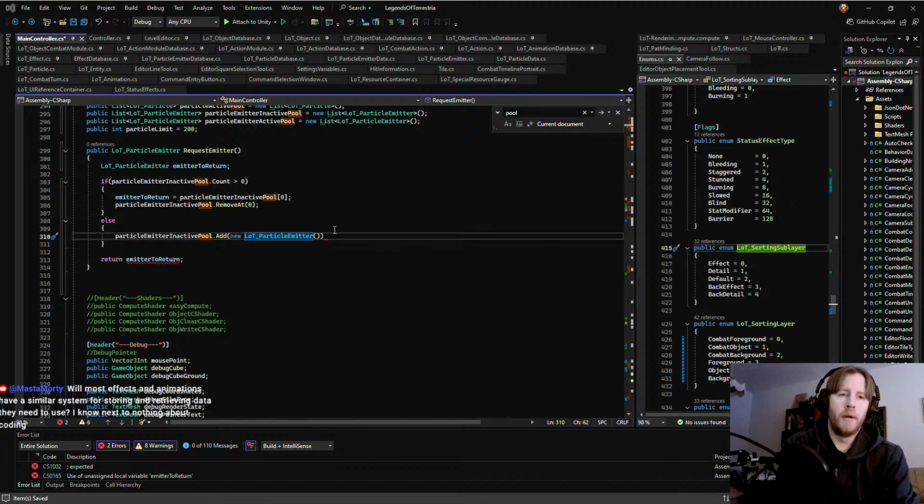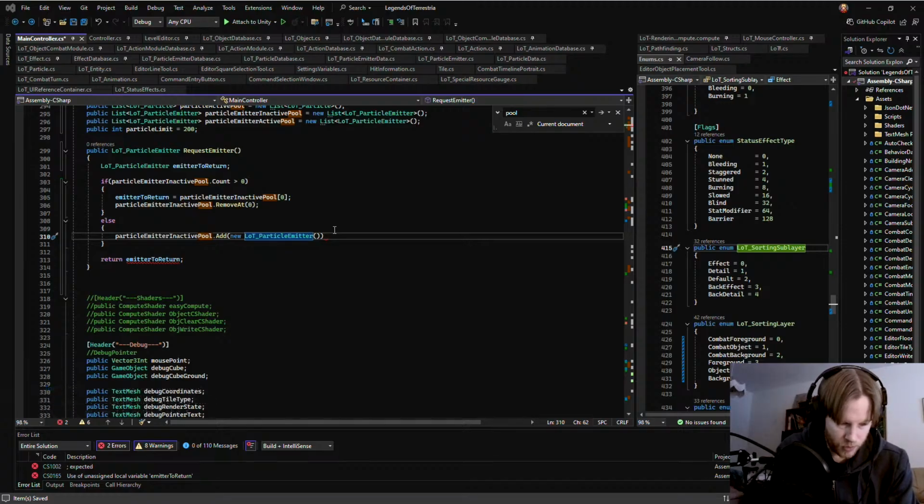Oh yeah. Will most effects and animations have a similar system for storing and retrieving data they need to use? I know next to nothing about coding. Well, it can. I was thinking about that, but I'm not really sure how I want to handle it. And right now I don't think it really matters, but yeah, the way you can do it is